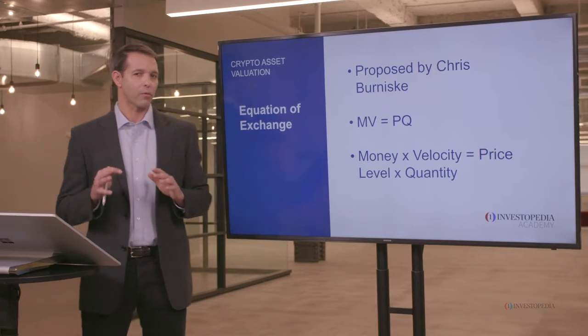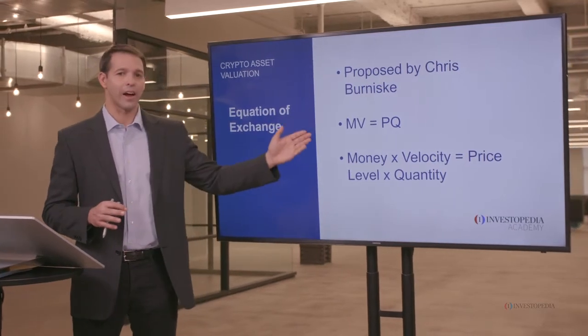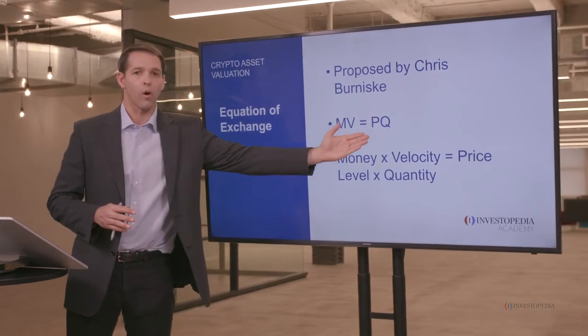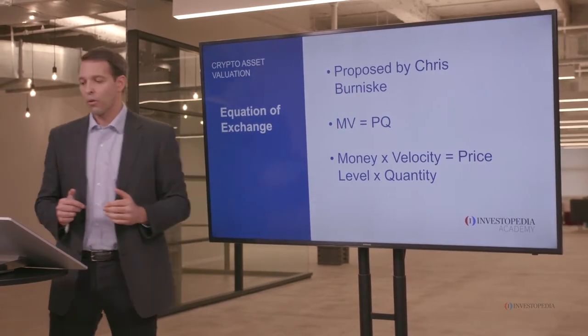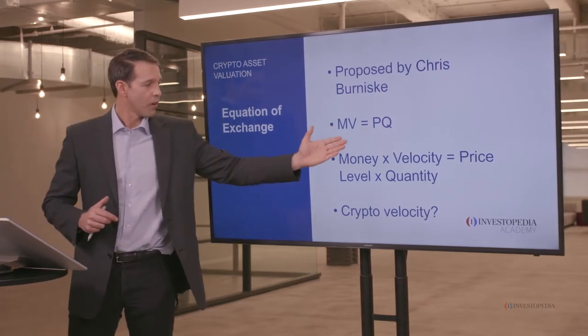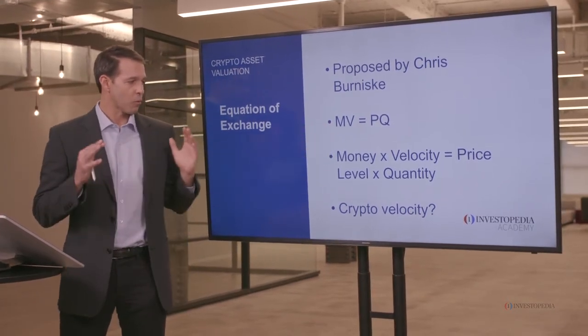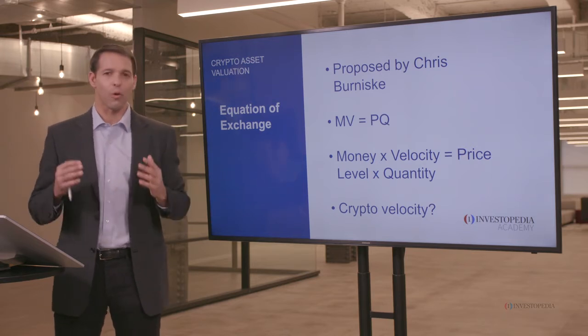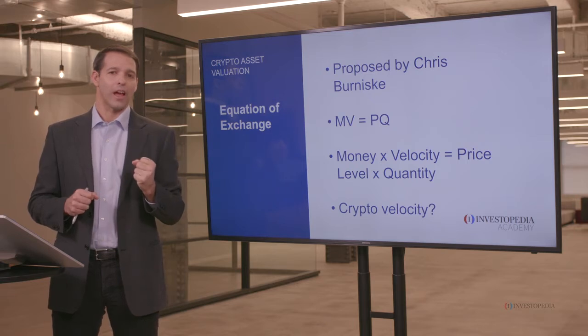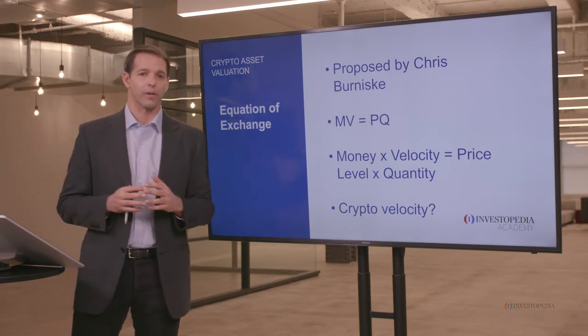And let me break this down really simple. This is an accounting identity that says what is bought must equal what is sold. So when we talk about equation of exchange, there's one function or parameter that we're really not still sure of, and that's velocity. So velocity means how much a unit of account or a dollar turns over a given time period.